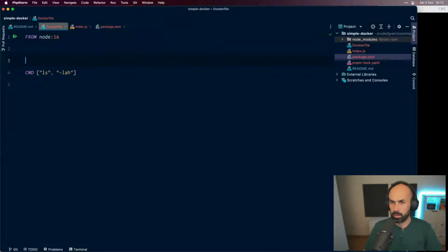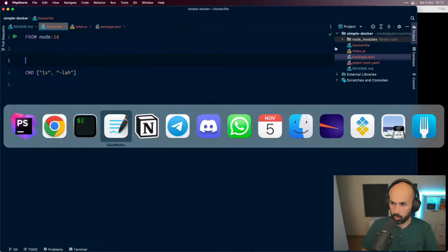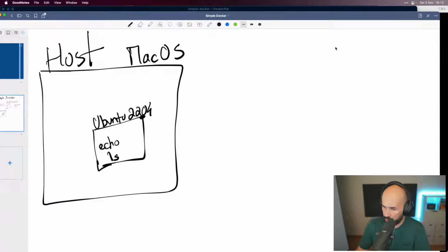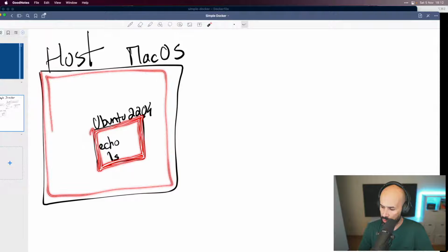And now we need something more. You remember that we were running our echo and ls inside this container, but this container is totally isolated from the host machine, right?